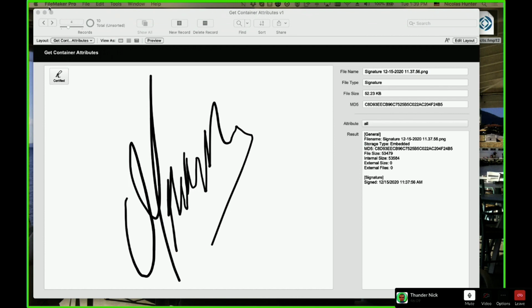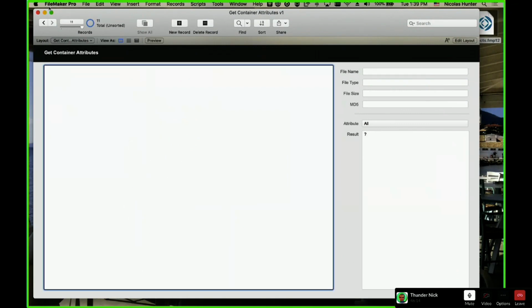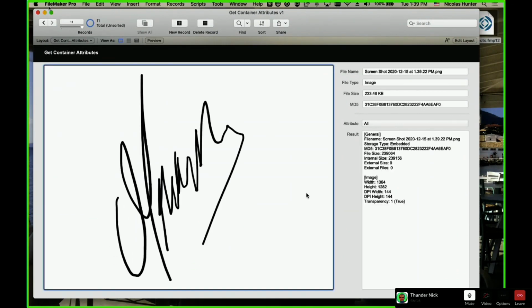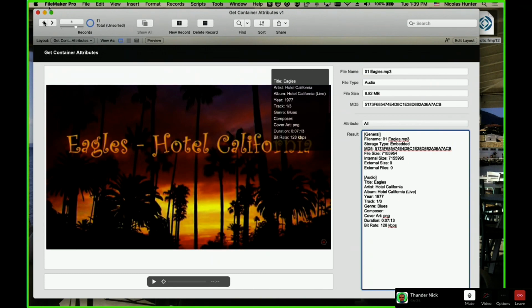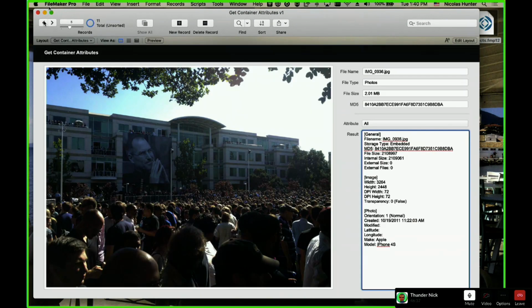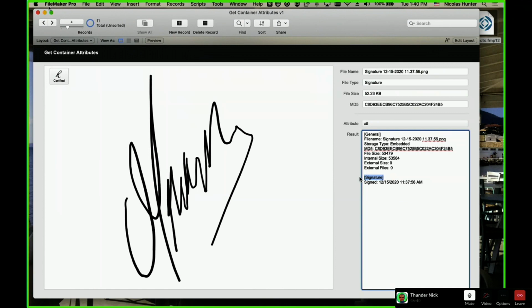How do you know it's not just a new record where you drop this in, bam. You stole it. Yeah, but it's not a signature. It's an image. It's not even a photo.